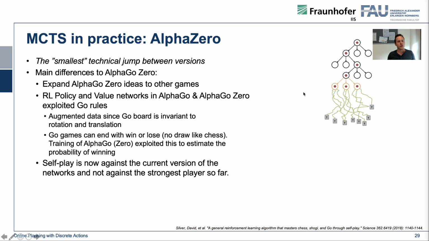Which also means that it's something like the smallest technical jump between all the versions. So the main difference of AlphaZero to AlphaGo Zero is that AlphaZero expands it to other games, as the RL policy and the value networks in AlphaGo and AlphaGo Zero actually exploited some of the Go rules. They augmented the data since the Go board is invariant to rotation and translation, which is not the case for